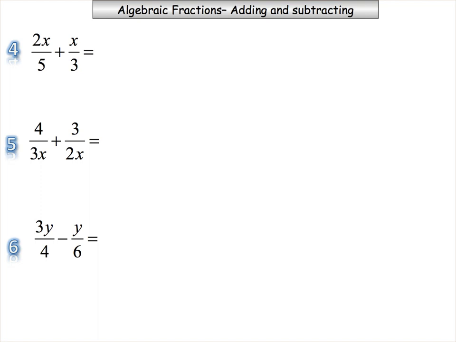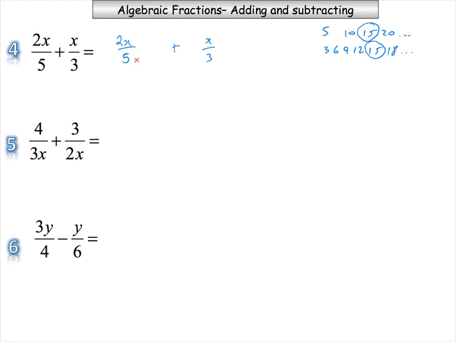So with the 5 and the 3, we need to convert the 5 and the 3 to numbers that are the same. Now, multiples come into play here. So if we've got the 5s, we've got 5, 10, 15, 20, etc. And the 3s, we've got the 3, the 6, the 9, the 12, 15, 18, etc. Common will be 15. So the 2x over 5 plus the x over 3,